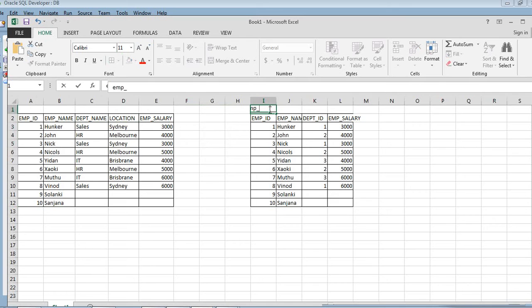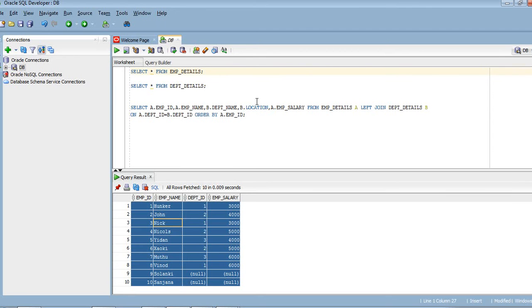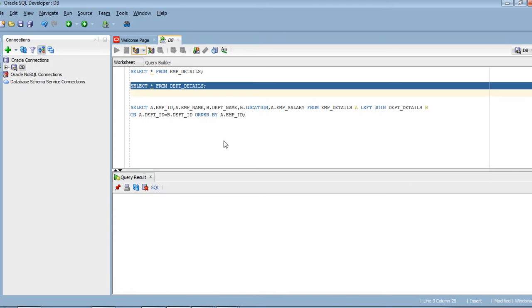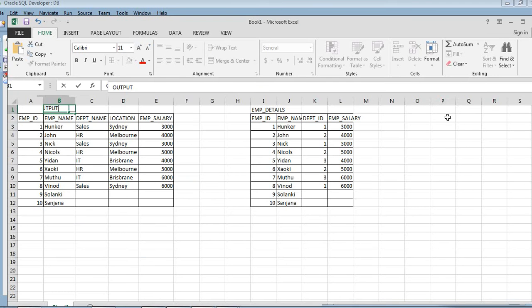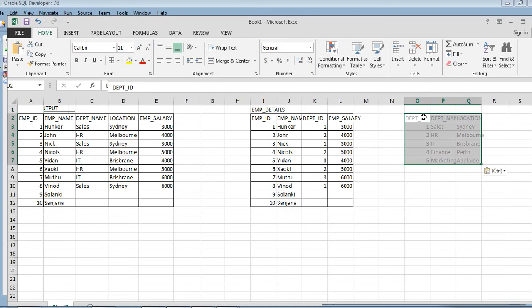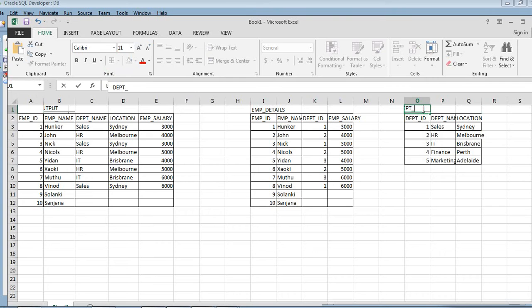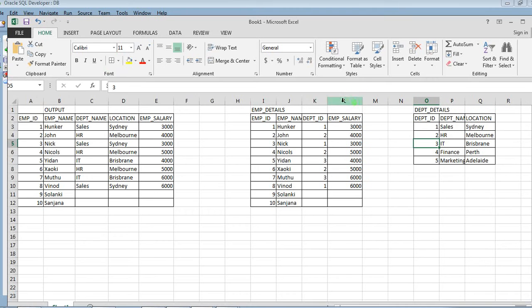This is emp details, this is the output of the query, and this is dpt details. Okay, great. So we have copied our data in the Excel sheet.